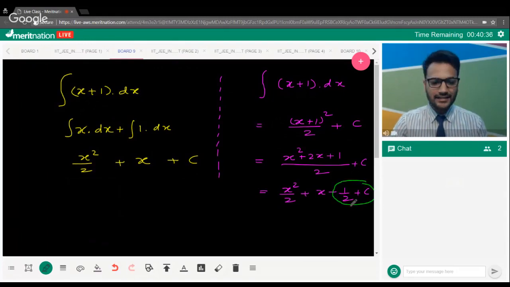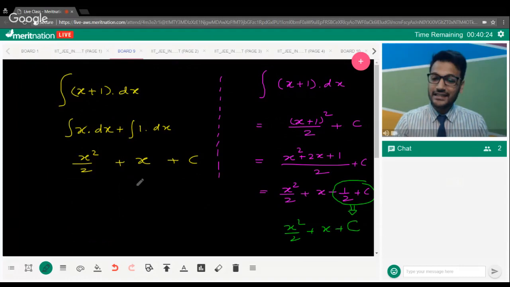If you see, this is just another constant k, or maybe another c, or capital C, if you want to refer to it as c. So both the answers are exactly the same, x squared upon 2. So it's our way of how to see the integration story, right? I hope everyone is clear with it. So both the answers are exactly the same.